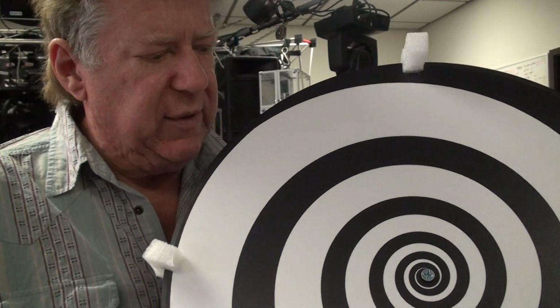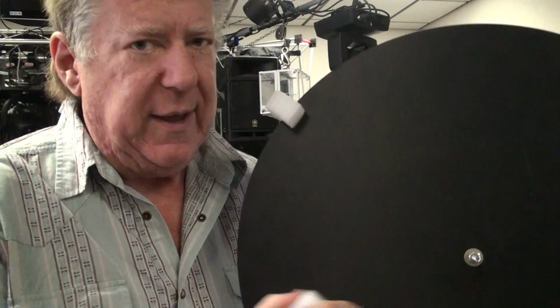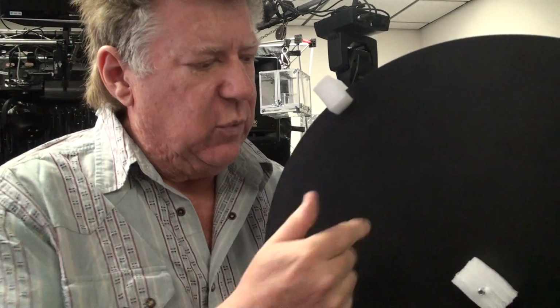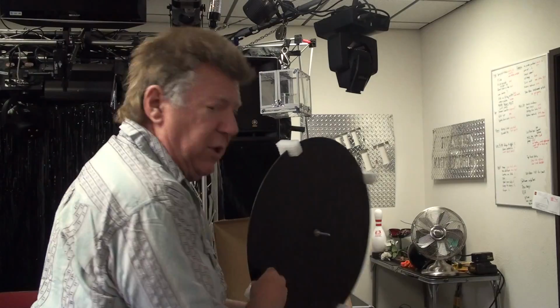You'll see here also that there's the bolt going through, and it comes out the back, and there's a washer and of course a nut right there. You can always tighten that up if it becomes loose. This is what actually fits into the chuck on the drill. So we'll just go ahead and remove